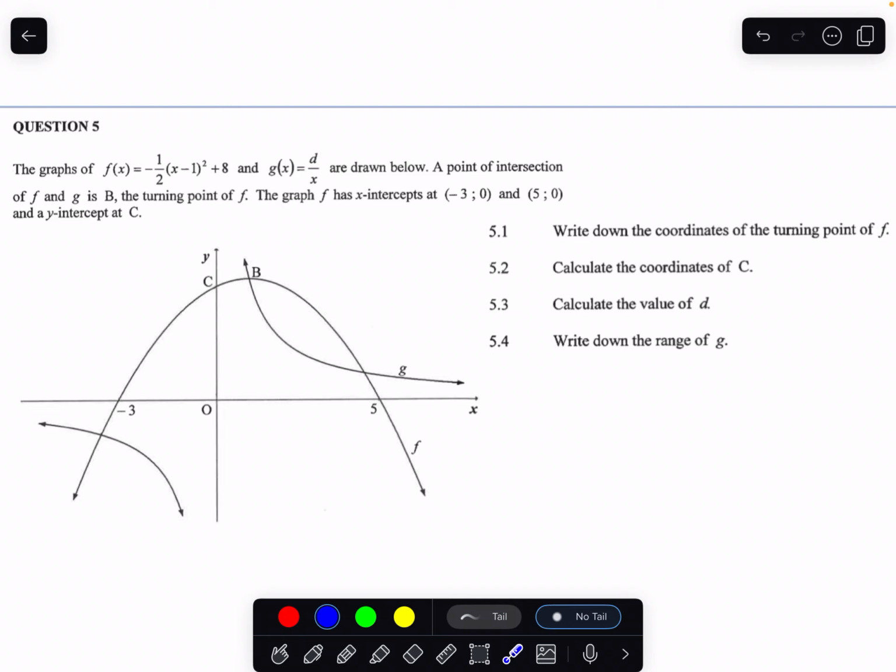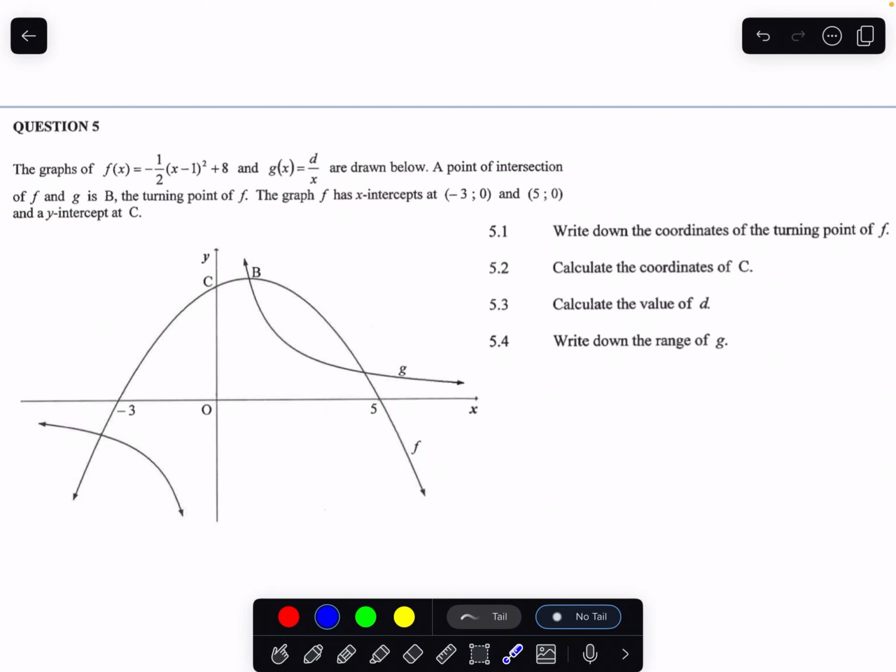The d: we can see that our hyperbola lives in the first and the third quadrants. So that hints to us that the d is positive, because if it were negative, then our hyperbola would live there and there. So we know that it's a positive number, and then it's just a matter of how steep this hyperbola is, or maybe it's been flattened a bit as well, depending on what d is. Anyway, okay, so those are some things that we can tell just by looking at the respective functions,